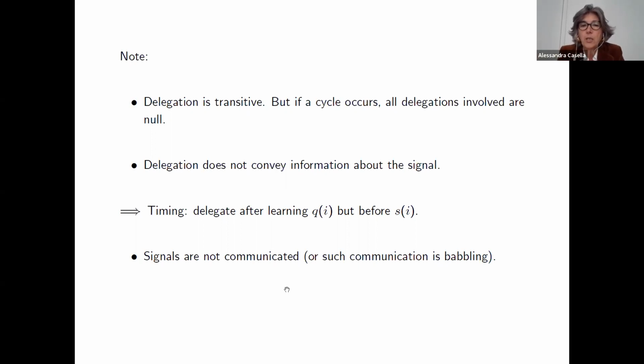The signals are not communicated. I mean, this is a common interest problem, so it would be natural to just communicate all the signals and make all information public. This is not happening, as it doesn't happen in standard jury voting analysis, because the application that people have in mind is really to very large elections, where sharing all the signals seems unfeasible and unrealistic. So signals are not communicated, or if you want, the communication is bad.